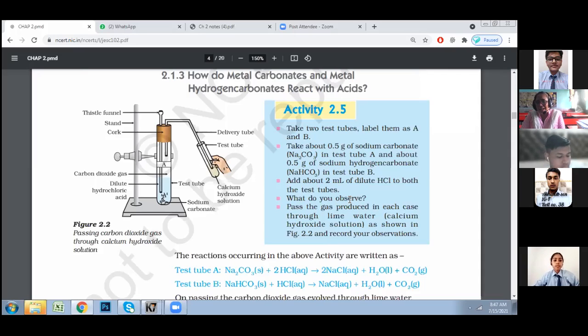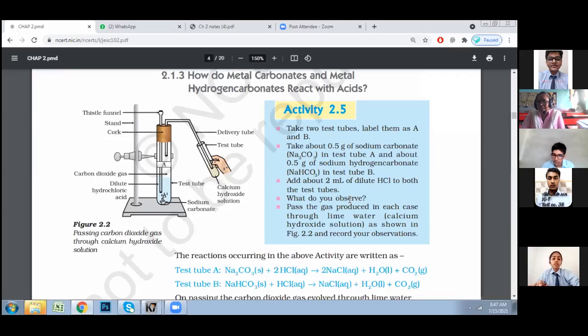So this lime water or calcium hydroxide will turn milky white, correct? When this gas is evolved, it is passed to lime water, and when we see this lime water turns milky white, it is understood that carbon dioxide gas is evolved in the reaction. Now we see a salt is formed in test tube A and the dilute solution is there. Therefore, water is there, so an aqueous solution is there.